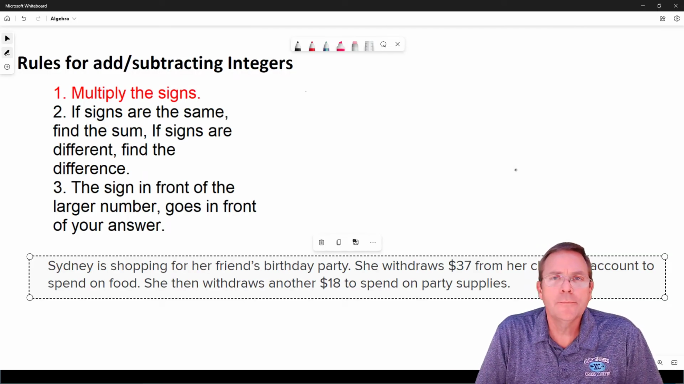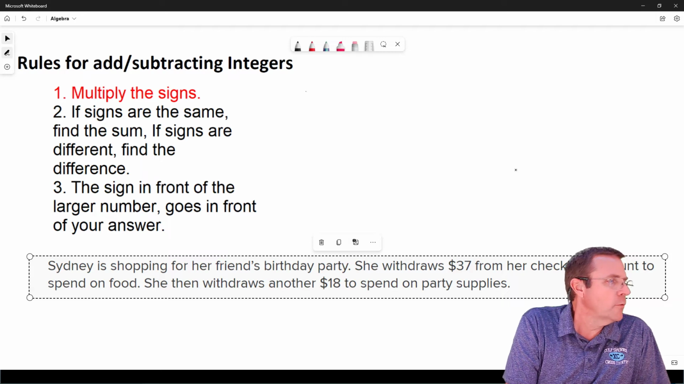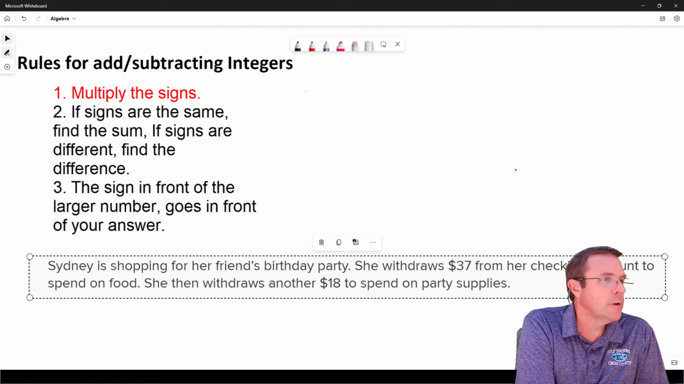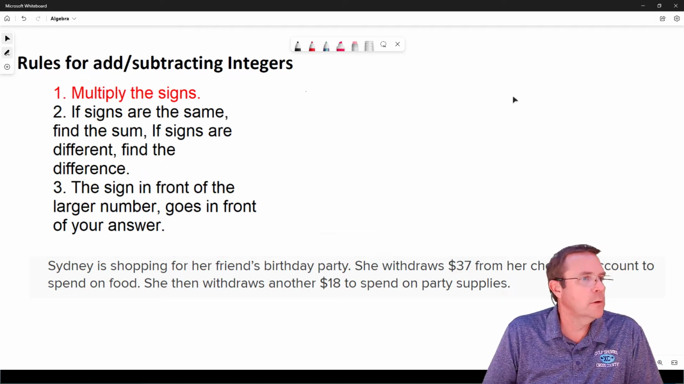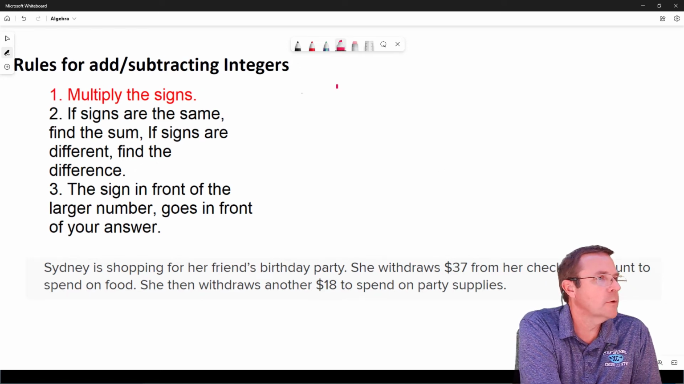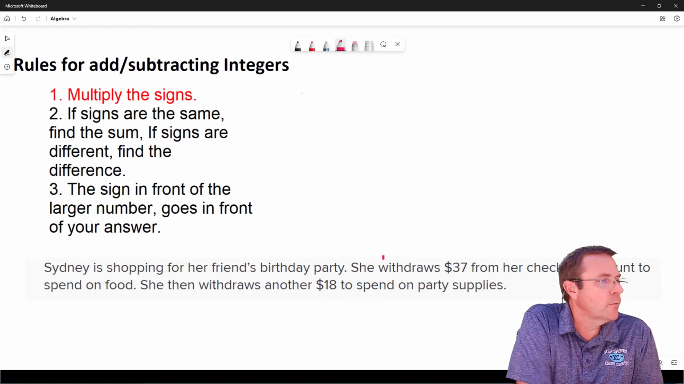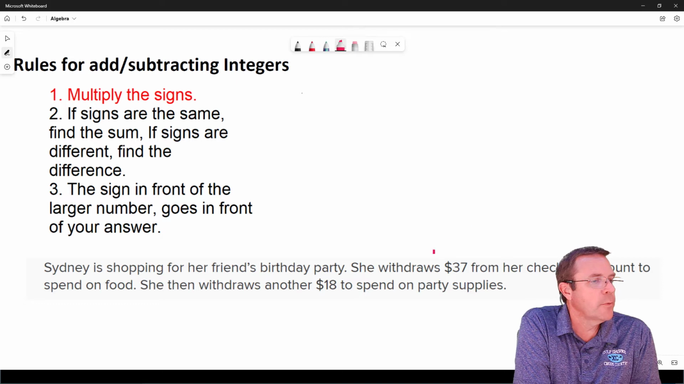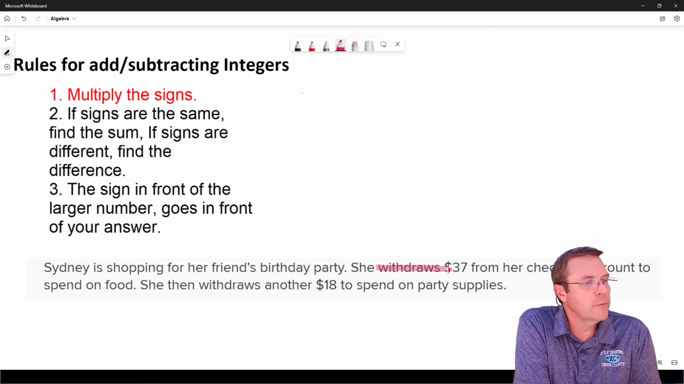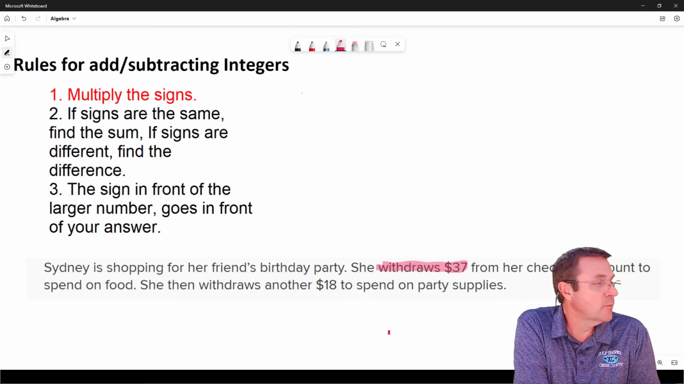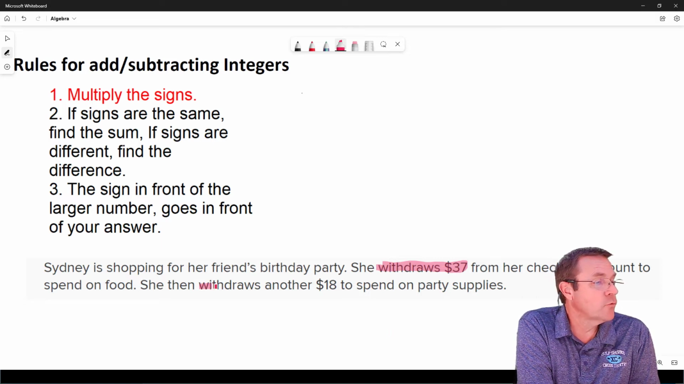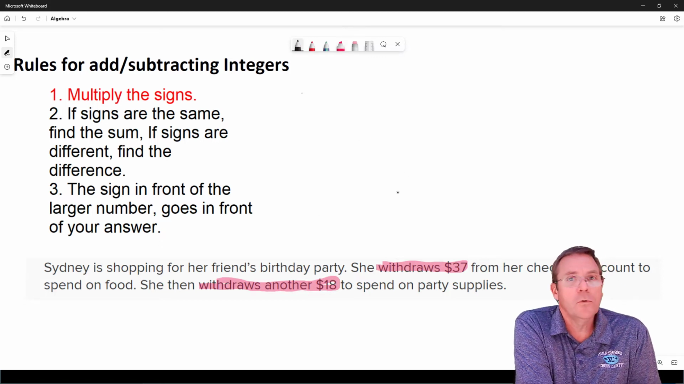Did you get it done? Let's take a look at it. For this one, Sydney is going shopping with her friends for her friend's birthday party. She withdraws, that's going to be a negative $37 from her checking account to spend on food. Then she withdraws another negative $18 to spend on party supplies, and it wants to know what's the